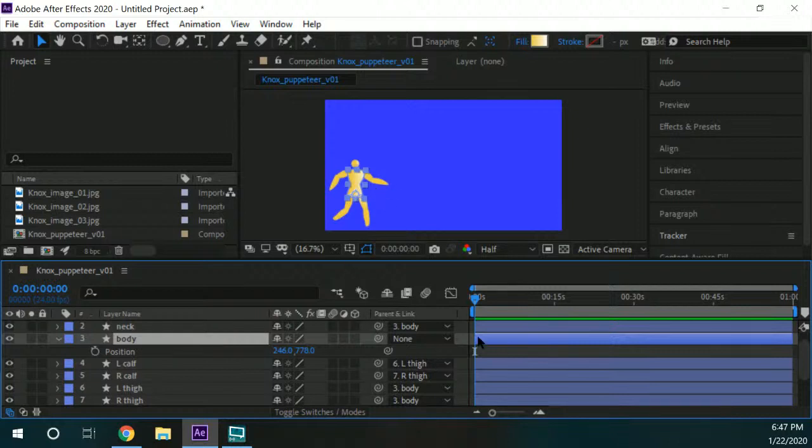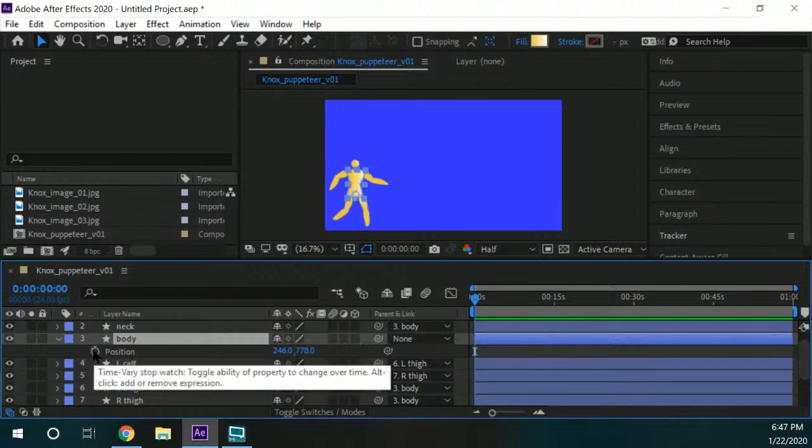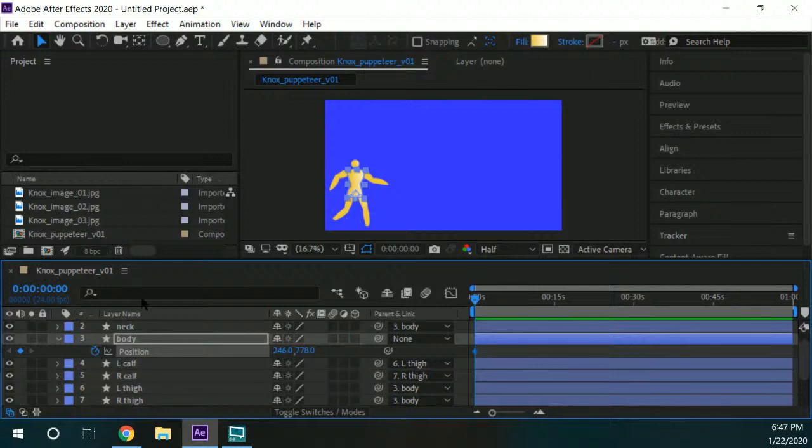All right, and since everything is set, he's in the right position, the time slider's in the right position, and I've got the position value highlighted, I'm going to go ahead and hit this stopwatch right next to position. Now most things have a stopwatch, which means most things can be keyed on this timeline next to it. So when you hit the stopwatch, it turns on your keyframes. When you first hit it, it'll turn on the keyframe here, and then when you hit it again,